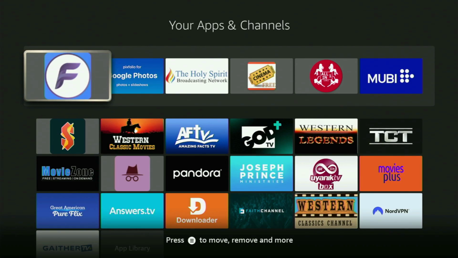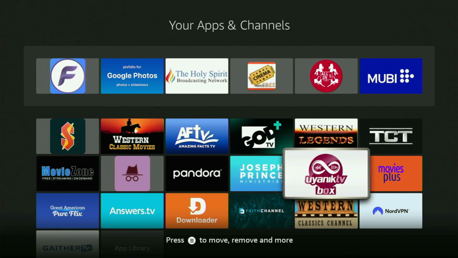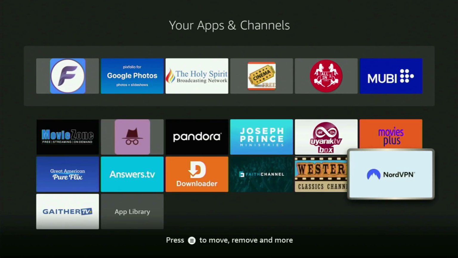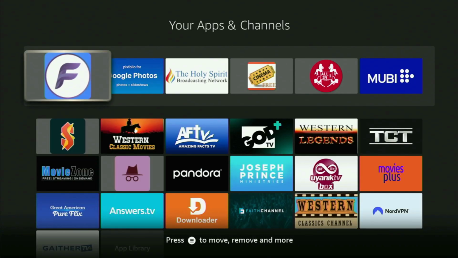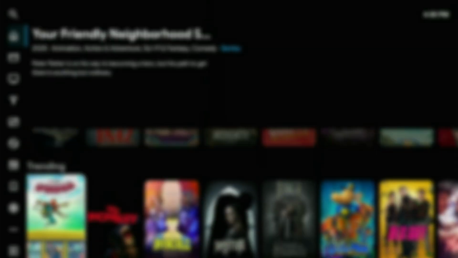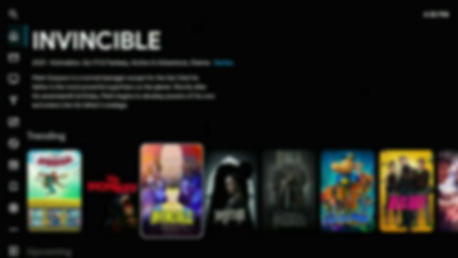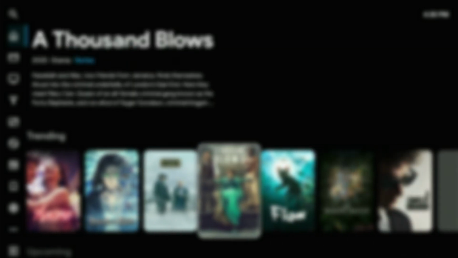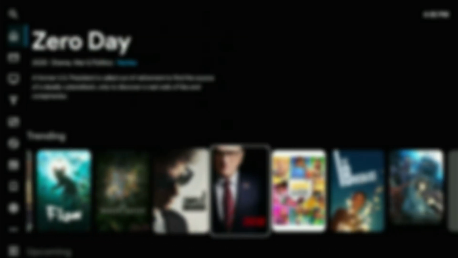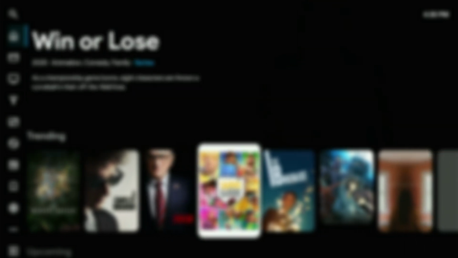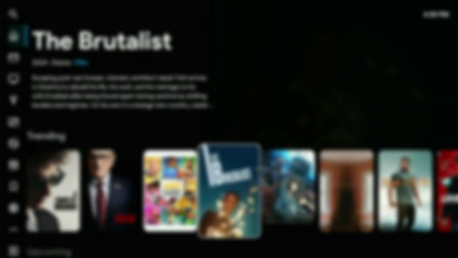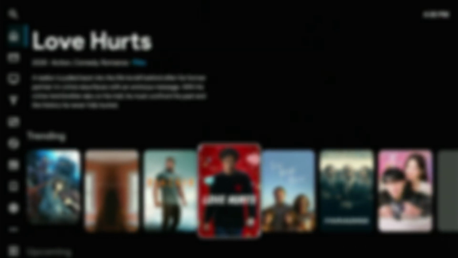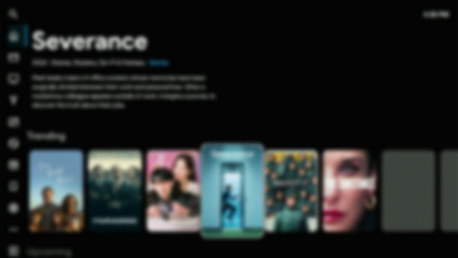Just don't forget to keep your VPN connected to stay safe and of course out of trouble online. Then feel free to open that app, and in here you'll get access to a lot of movies and TV shows. I just had to blur out my screen because YouTube doesn't allow me to show you the exact movies available in this app, but in your case, of course, it's not gonna be blurry. So that's the first app that we got for you today with the help of Downloader,